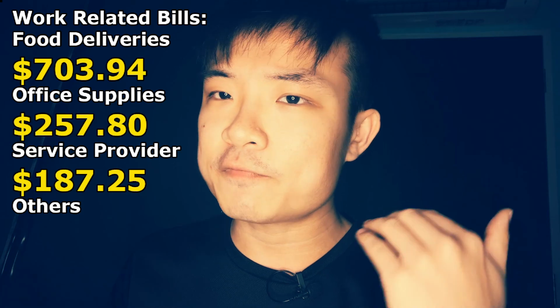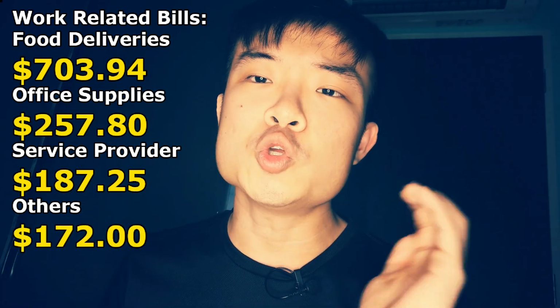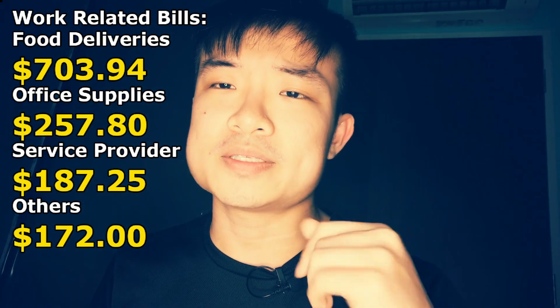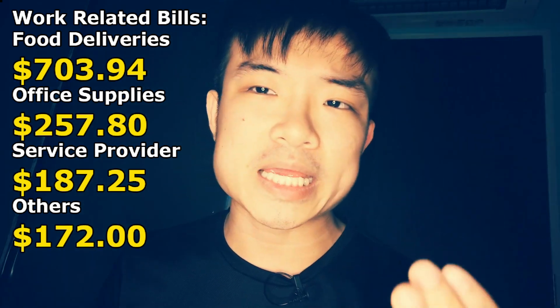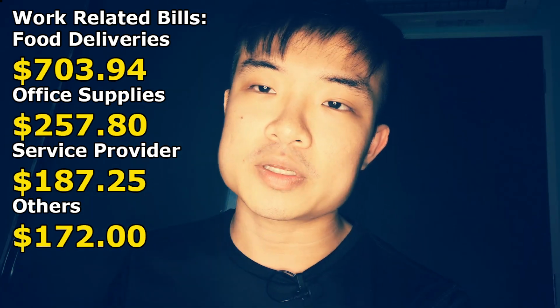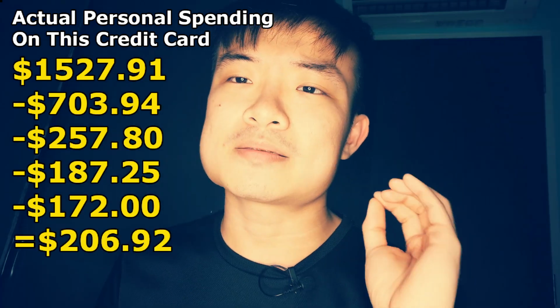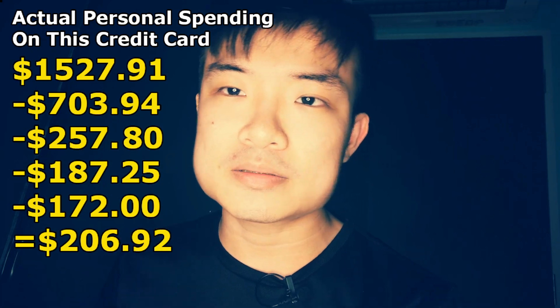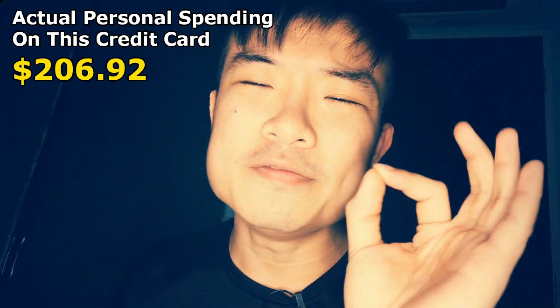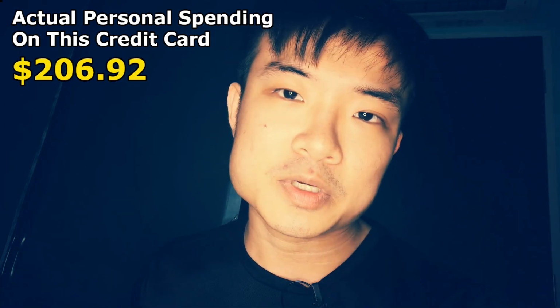The breakdown is as follows: 2 of the 7-Eleven purchases, and then there's 1 for NTUC, and there's another one. Just totaling these few together, you would get $172 exactly. So for this Citibank Cashback Credit Card statement for the entire month, in actual fact, even though it shows $1,500 in spending, I had only spent on my own personal usage $206.92. And if we are to go even further in this, you would notice that in this statement, there's